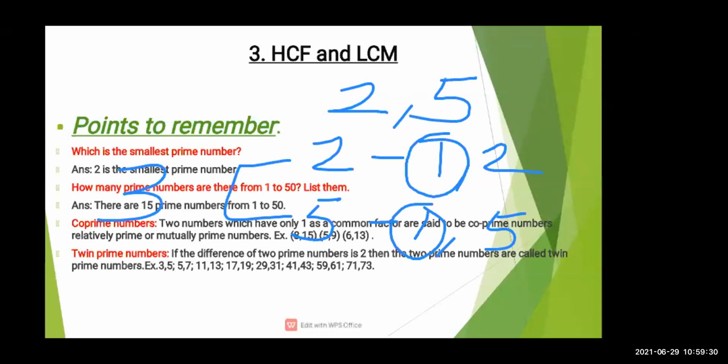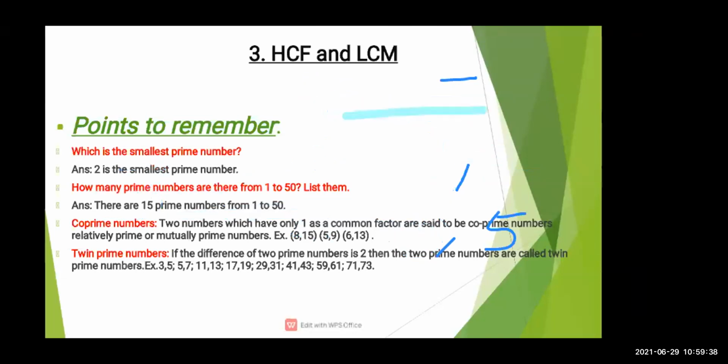So you have to take 2 number which is prime number. But the difference will be only 2. Now one more example. See, with the help of example, you people will understand what is twin prime number. Now another example I am taking, that is 5 and 7. See, मैंने 5 and 7 लिया.